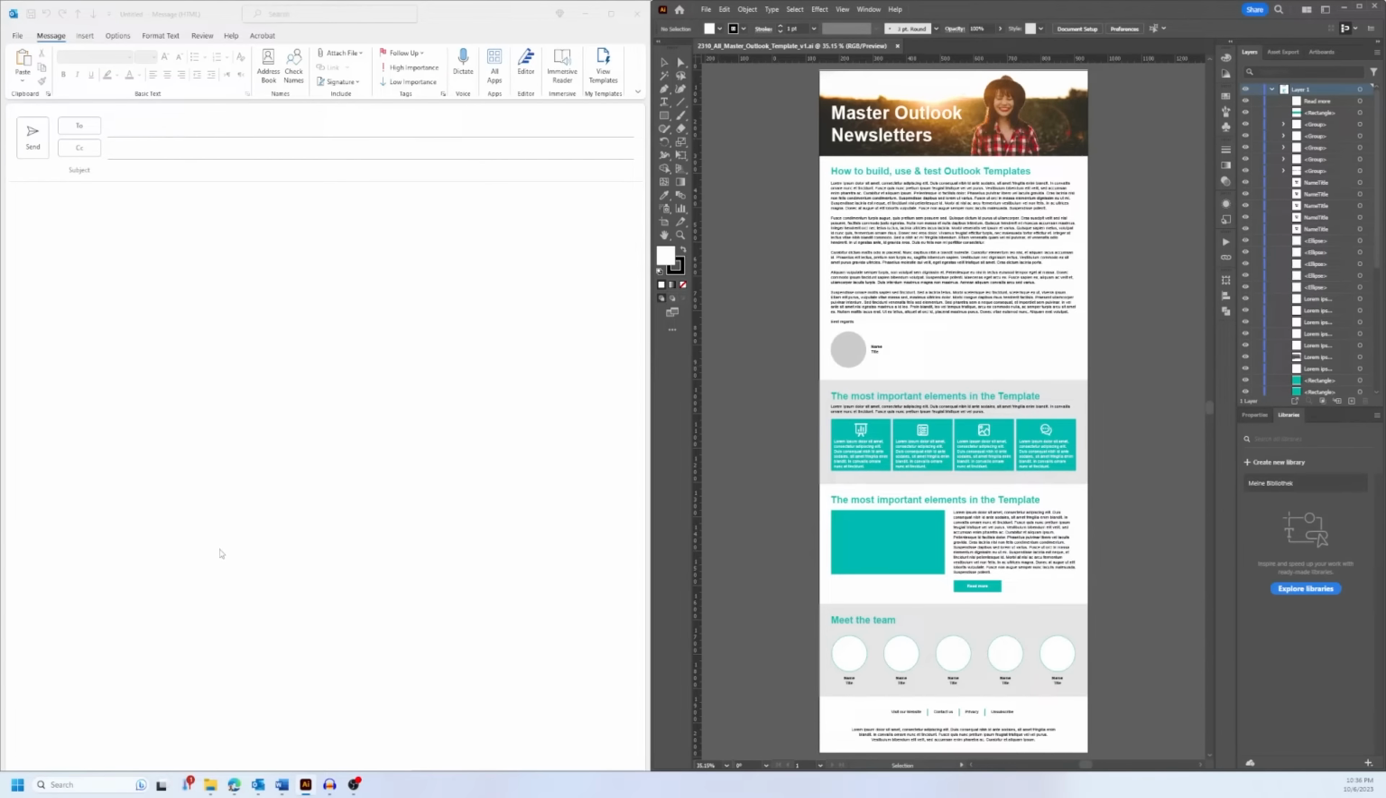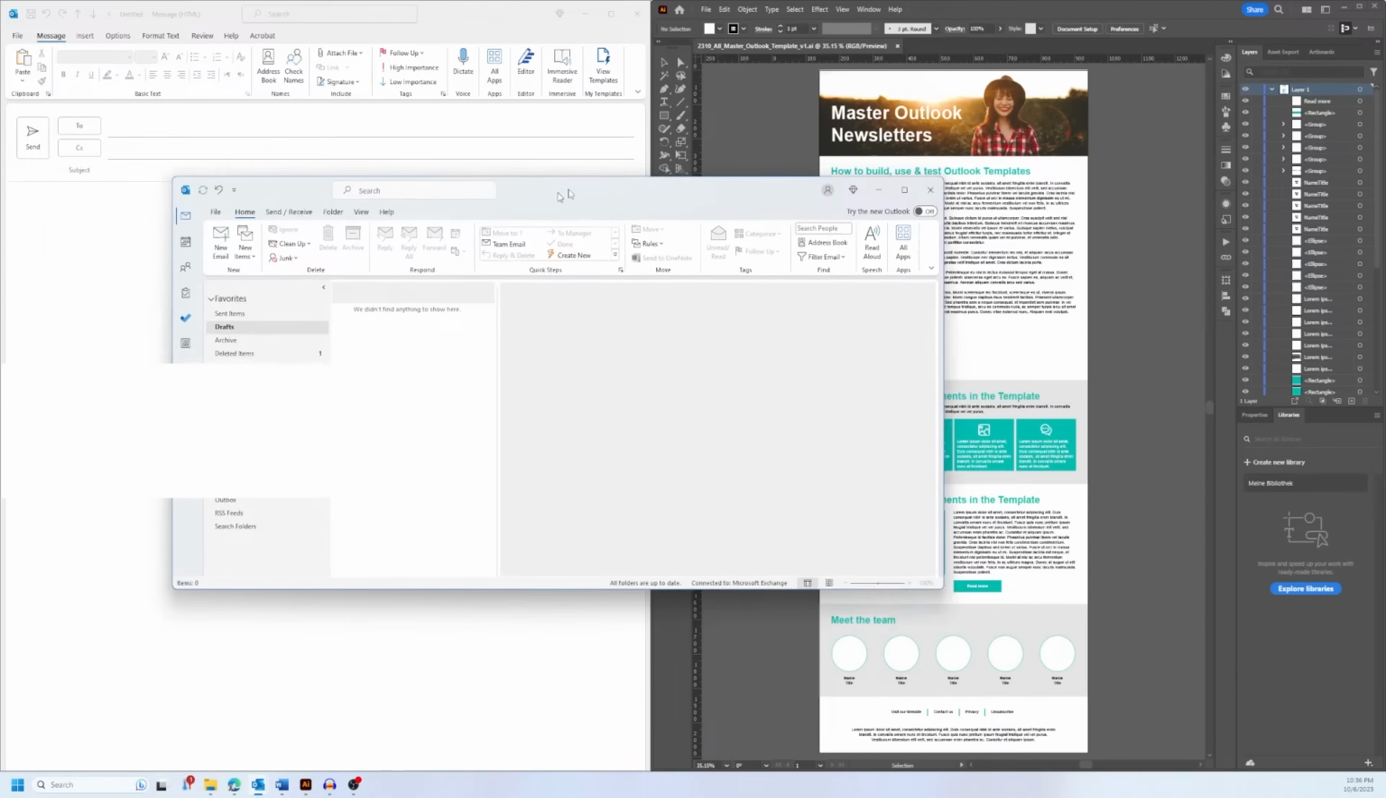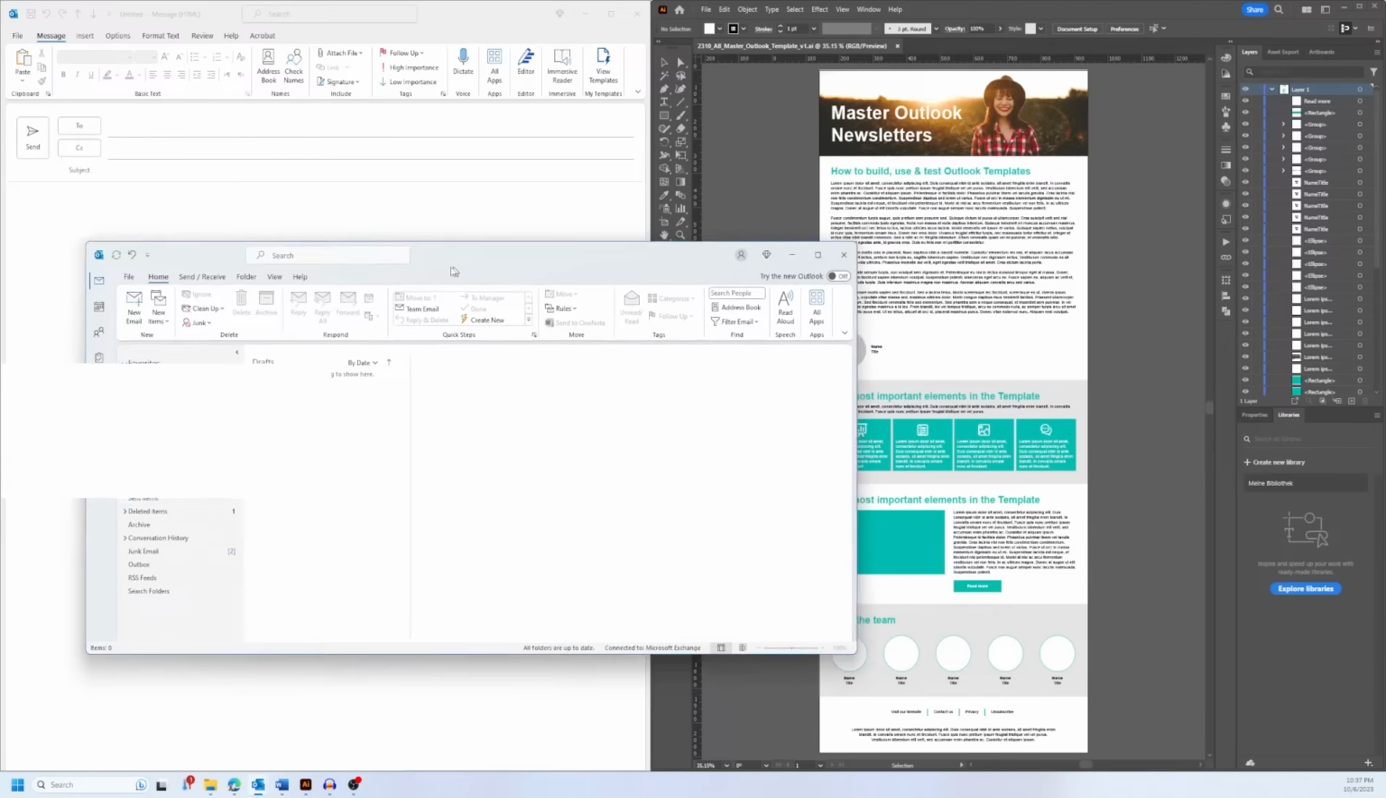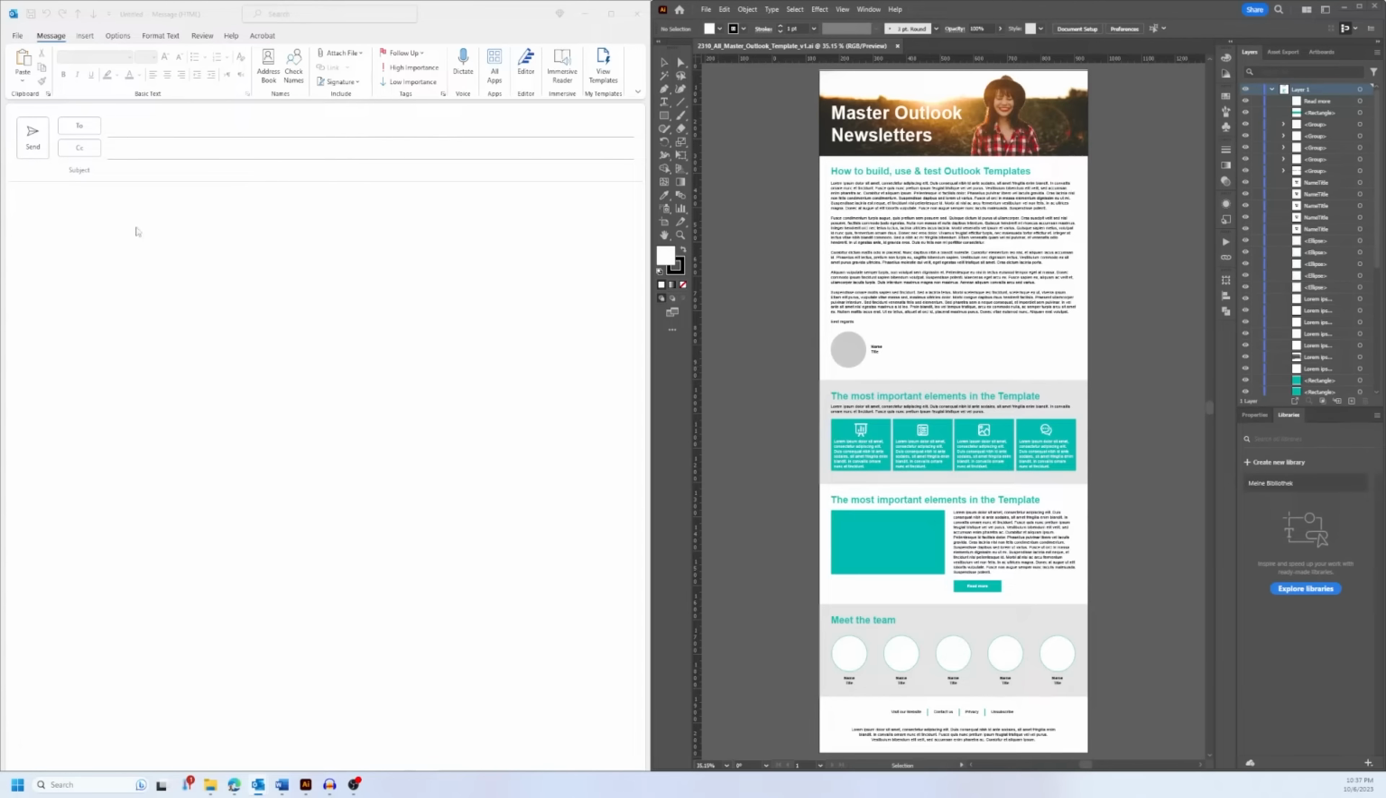So I'm just gonna bring Outlook. So here we have Outlook. I just clicked on new email. So by clicking on new email, I just created a new email. This is what you see on the screen now. Let's start with